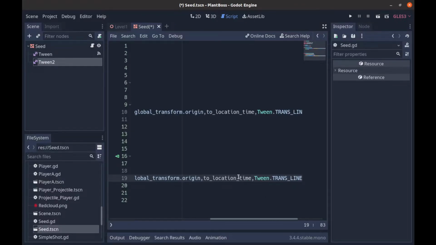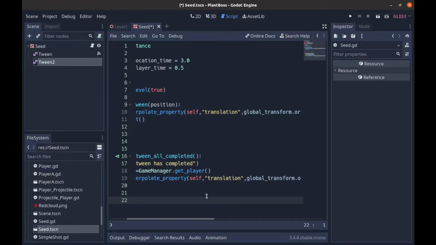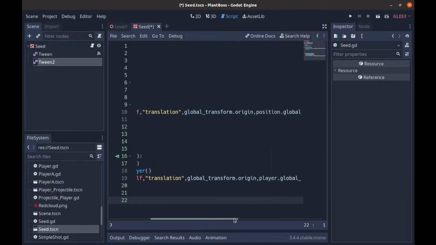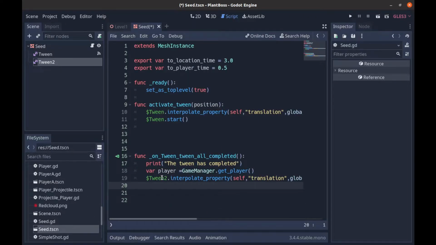And that should be okay. And we're gonna say to player time. So let's see, we are acting on ourself, we're moving our translation, and we are getting our global transform.origin. We're moving to the player's global transform.origin. This is our time that it's going to take to move. This is the type of tween we're using. This is the easing we're doing, and that's the delay. We have no delay. So that all looks good, and then we just have to go